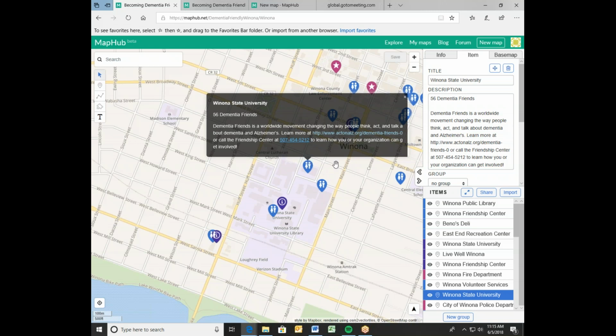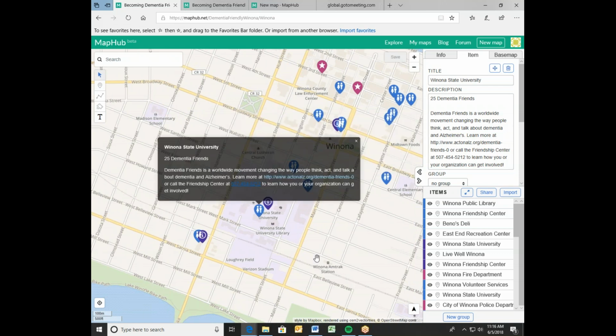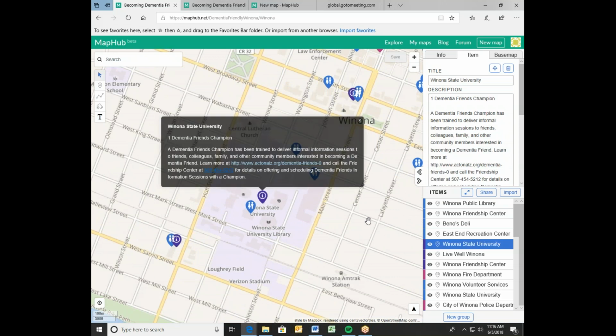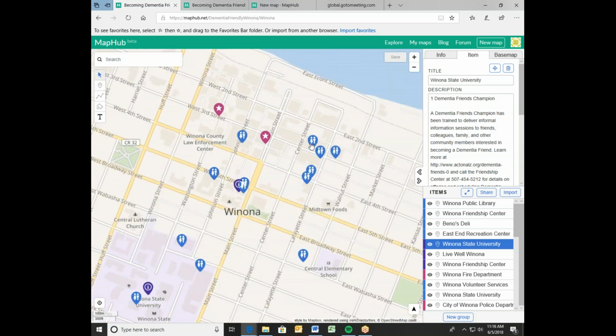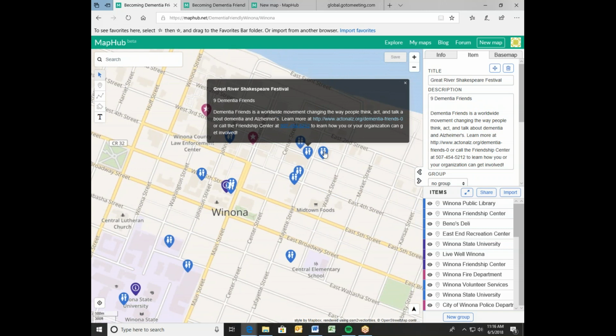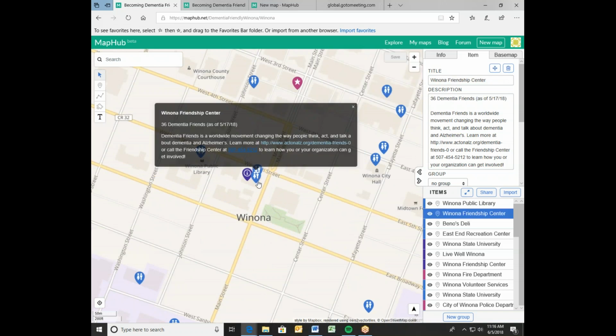So for Winona State University in this specific building, 56 Dementia Friends have completed the information session. And then over here, another 15, and then another 25. We also have a Dementia Friends champion located at Winona State University. So that's what that little I indicates there, and it's noting that there's one Dementia Friends champion there. So any locations with Dementia Friends, so Home and Community Options, the Shakespeare Festival has done some Dementia Friends sessions, a credit union, the Friendship Center,